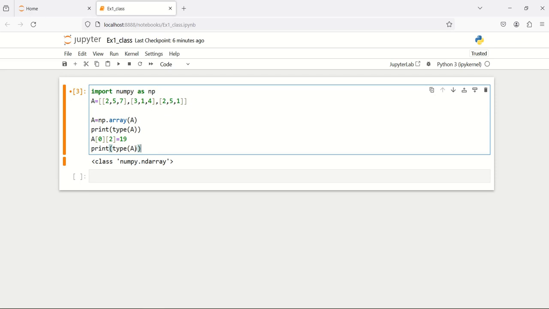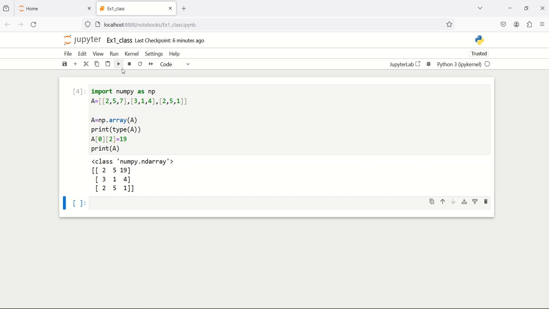If you print A now, the result would be like this. So you replace 7 by 9. But in practice, it is better to do it like this. Look,